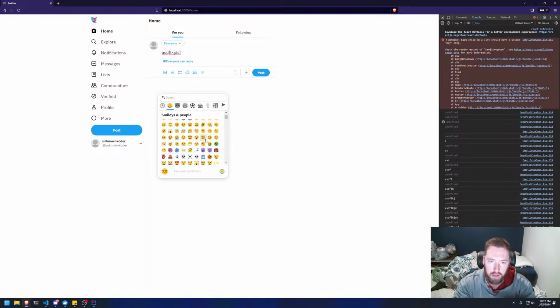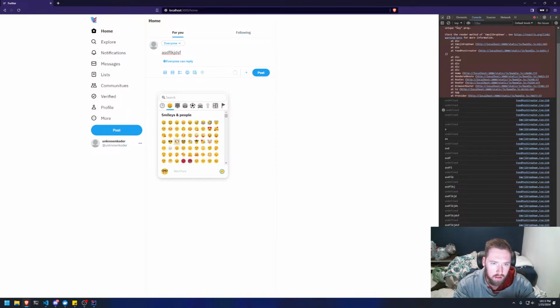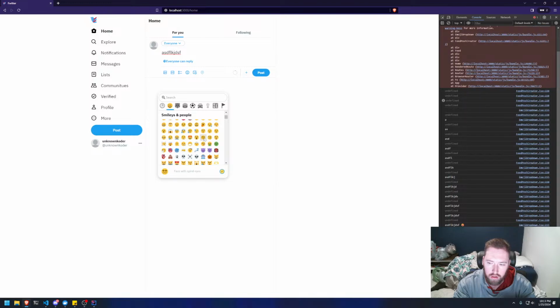Now some of them might not work. I'm trying to think which one. I don't think this one works. No, that one does work. That one works. I'm trying to see which one doesn't work. That one works, I guess. I guess I'm just wasting my time. I thought the one with like circle eyes or something didn't work, but it does. As you can see,